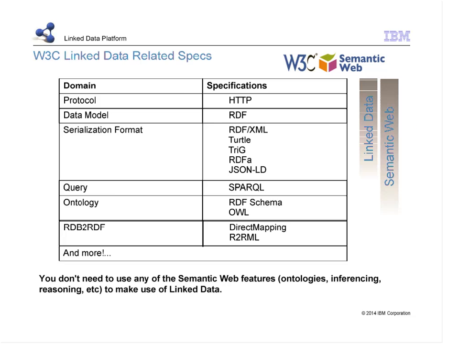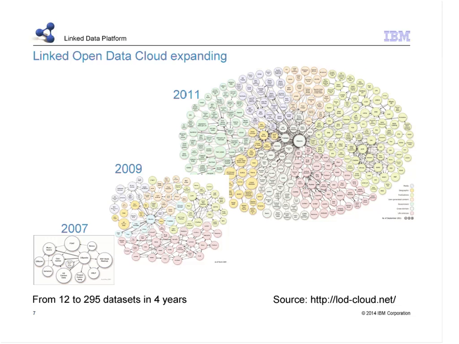So moving on. Linked data, the linked open data. There is also a lot of confusion between what linked data is and the linked open data movement. A lot of people talk about linked open data, but casually use the term linked data. And in fact, if you go to linkeddata.org, you'll find that a lot of the information there is really about linked open data, even though it doesn't say so. So linked open data is basically referring to data that is made available for free on the web at large, following the linked data principles.